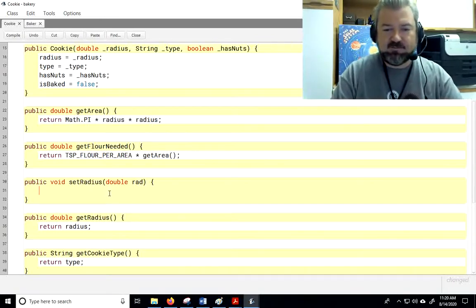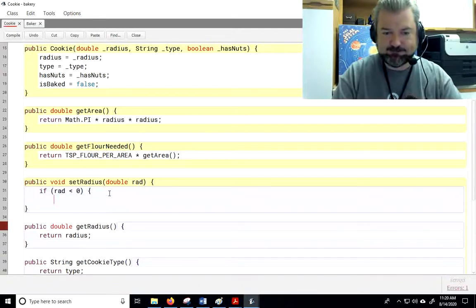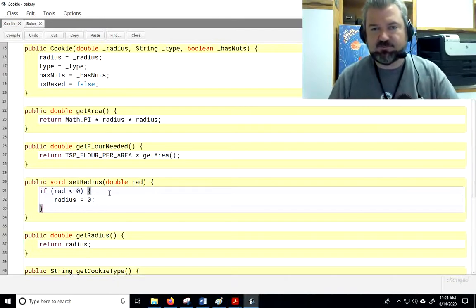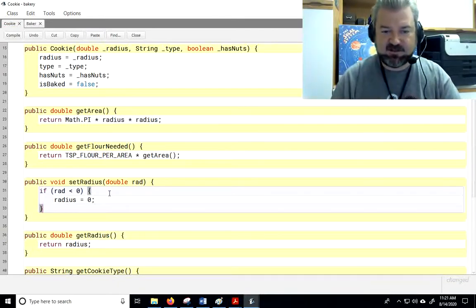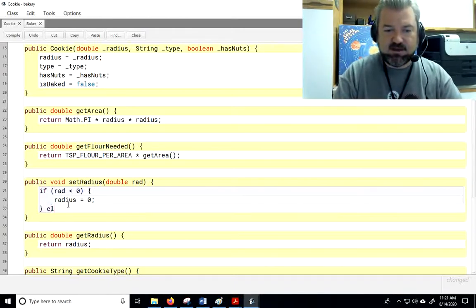So I'm going to say this. If rad is less than 0, then I'm just going to make radius equal 0. So if they try and make it a negative number, we'll just make it a 0 radius, which means it has nothing, right? Else,